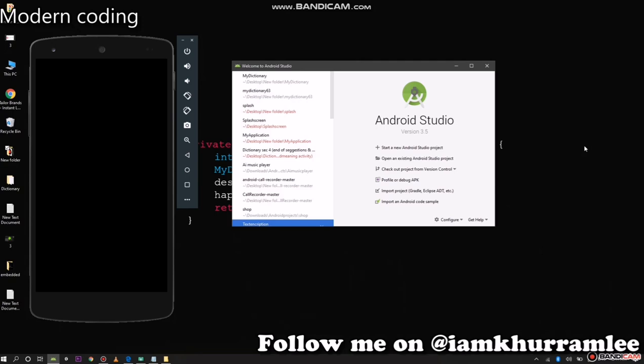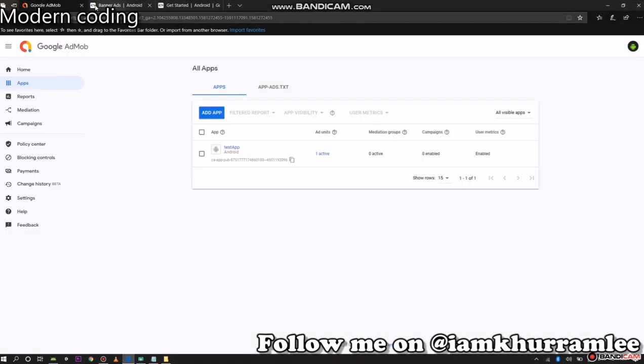So in this tutorial we will see how to integrate the Google AdMob ads. So before starting the new project, just go to the browser and type Google AdMob. After this, with a Gmail account you can simply sign up, and after this, this screen will appear. So clicking on the app account, click on add app,